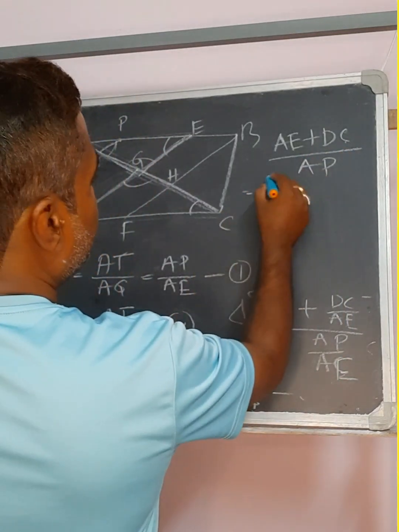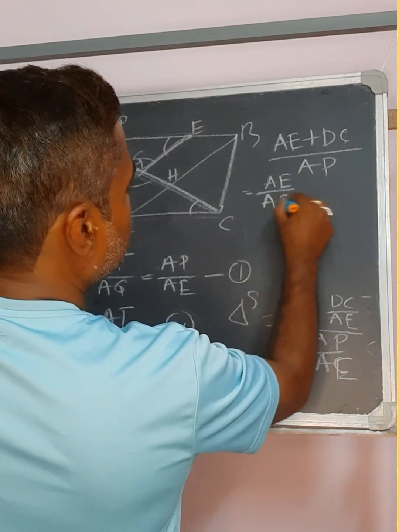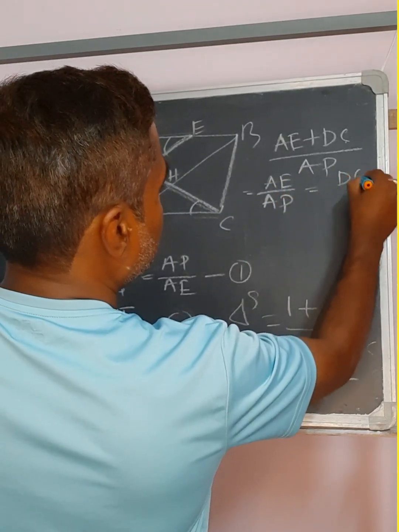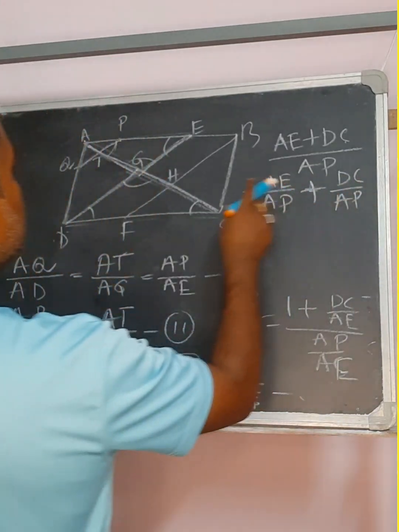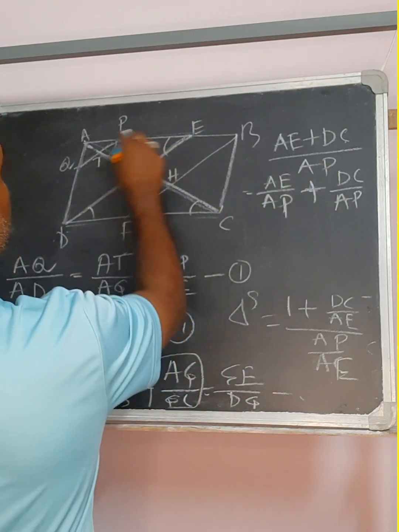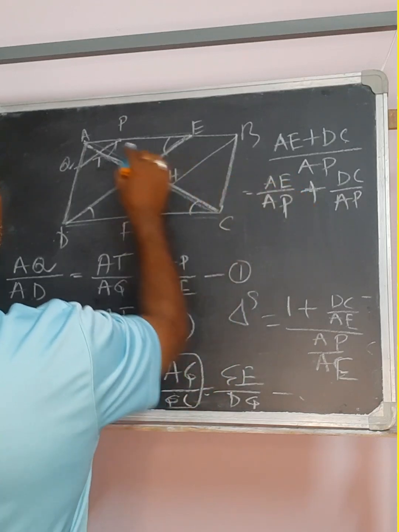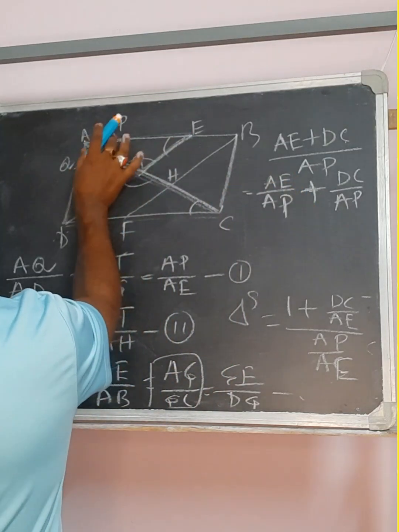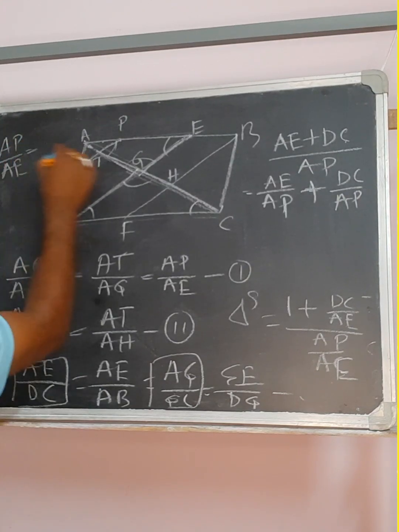Now if I write separately, AE upon AP plus DC upon AP. Now see what the ratios are. AE upon AP. So if I reverse it, AE upon AP, so earlier we know AP by AE is equal to